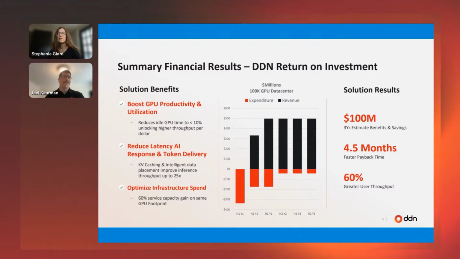Fabulous. All right. Next question we have here. Would KV cache traffic compete with training traffic on the same EXAScaler system? That's a good one. So this is actually really interesting. If we're going back towards that HPC space, you have an existing system and you want to use it. Well, there's a couple ways you can look at that traffic.